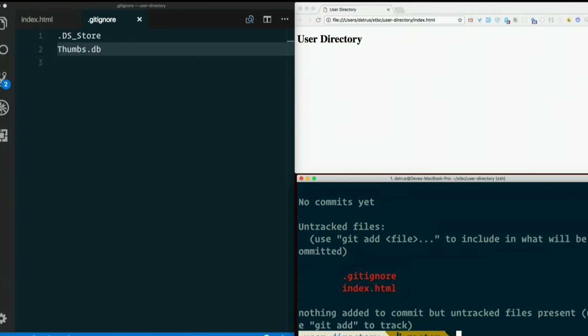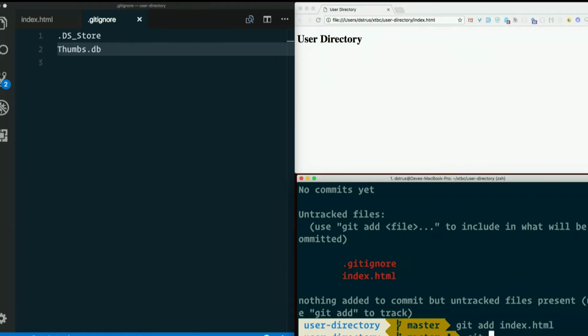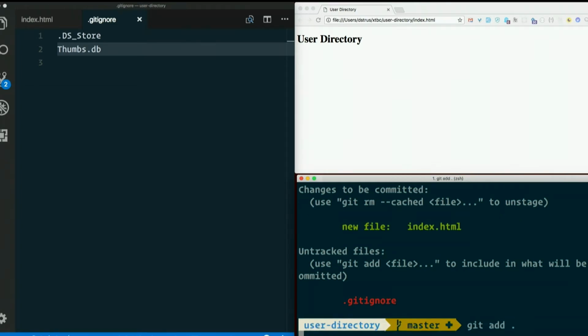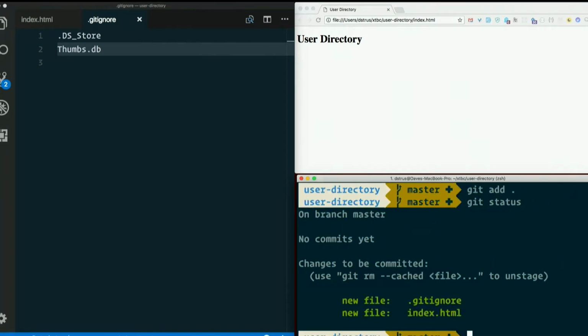But for right now, in order to tell Git to even pay attention to these things, we need to stage them. For that, we use git add. We could do git add, say, index.html. Then we do a git status, and we see that index is to be committed and .gitignore is still untracked. To add all of the untracked files, we could do git add dot for current directory, and that would just add all of them. So now git status shows us both .gitignore and index.html. So if you've got that, you've got them green now,